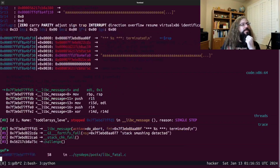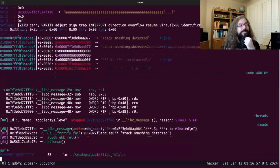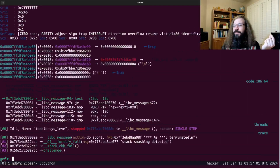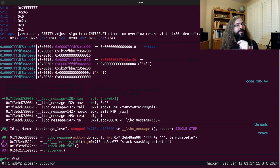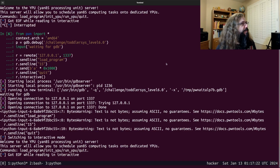Something in here, and I don't know that it's in the libc message, will trigger some syscall that is not allowed by seccomp. All right, we're going to gamble. Is it inside libc message? It is. So if I would have kept stepping, but I don't want to, repeat stepping through puts,